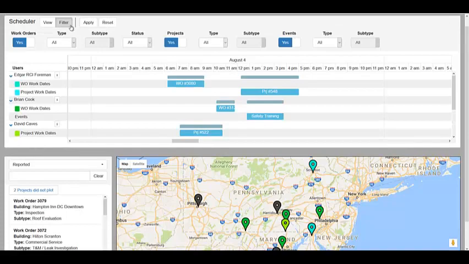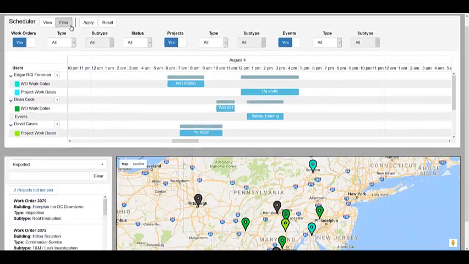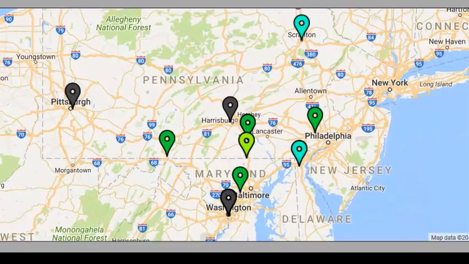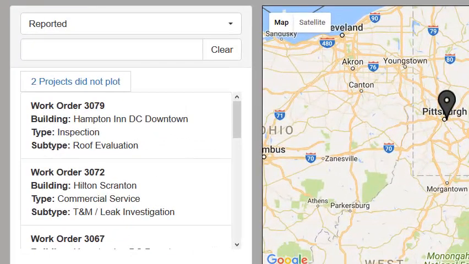Instead of using up to 3 calendars to view all company employees, users will easily be able to filter the calendar view by type of work, viewing all work orders, projects, or events on one page. The color-coded map that was previously integrated into the Dataforma work order calendar has been added to the scheduler. Additional functionality now exists within the map, where users can filter by work order status, and projects now plot to